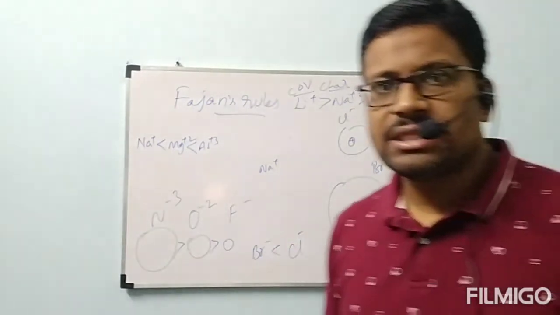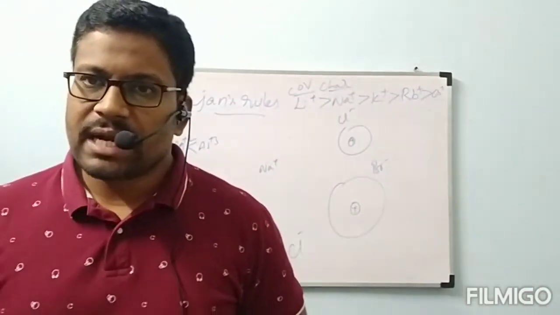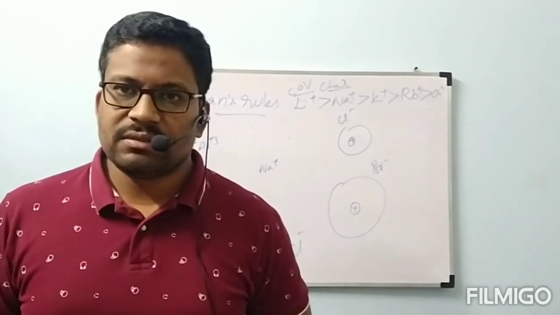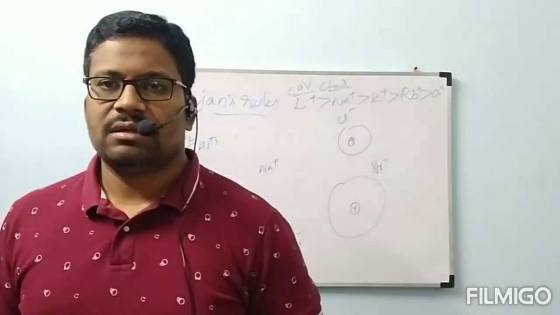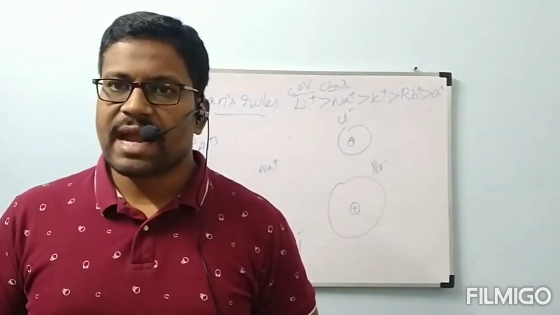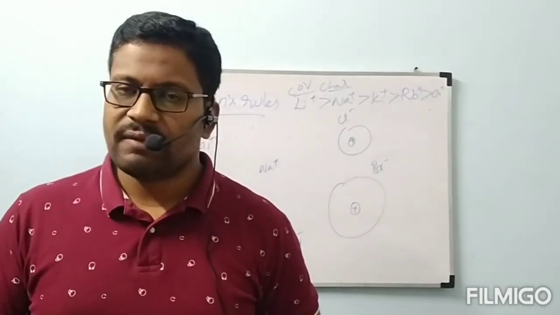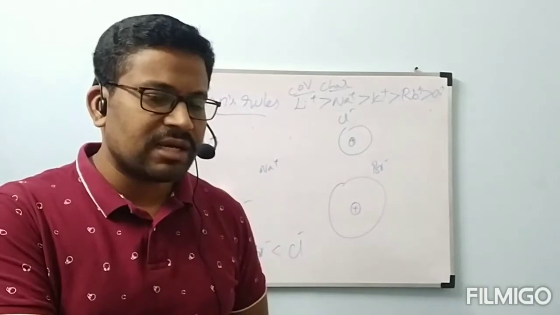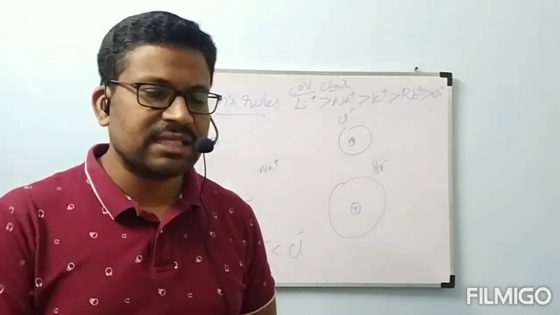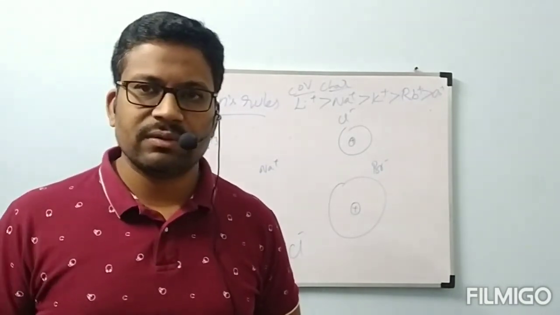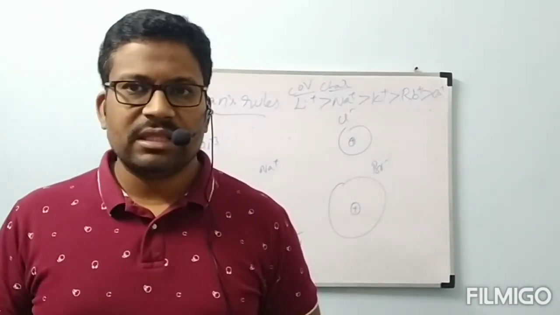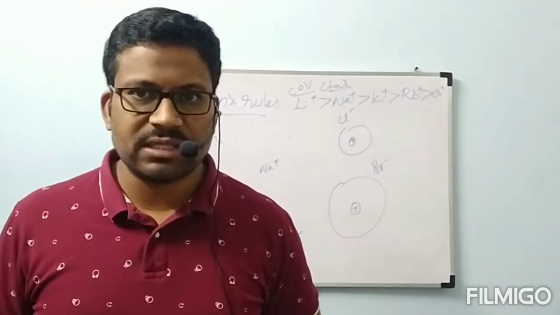In this way, there is a chance to get questions regarding this covalent character and ionic character. Just go through Fajan's rules once. These are Fajan's rules. When size on the cation is affected, what will happen? When charge on cation is affected, what will happen? Same like that, when charge on anion is affected, as well as when size on anion is affected. According to that, ionic character and covalent character will be different. In this way, there is a chance to get questions from Fajan's rules.